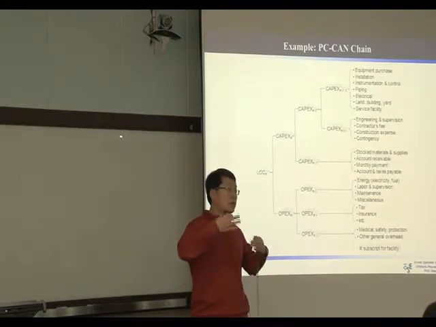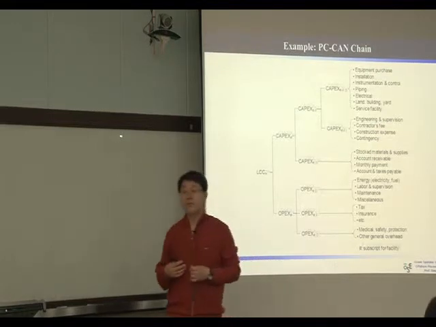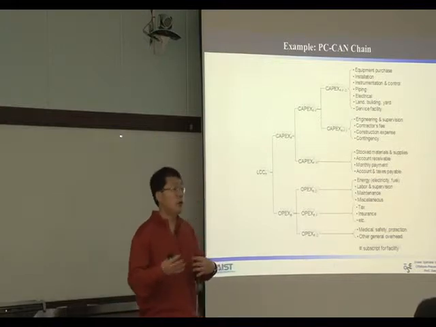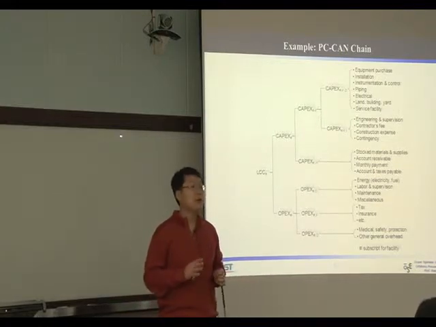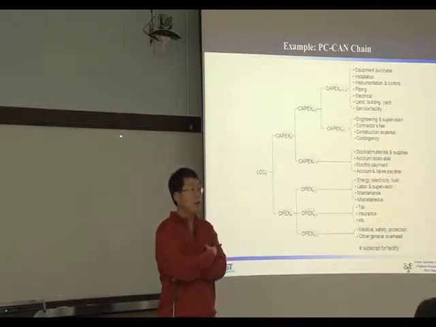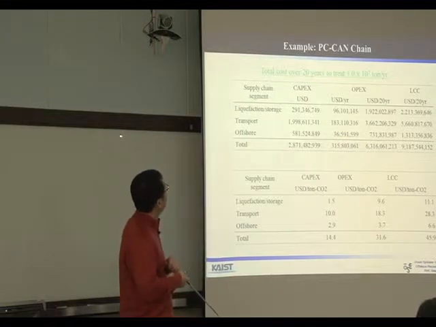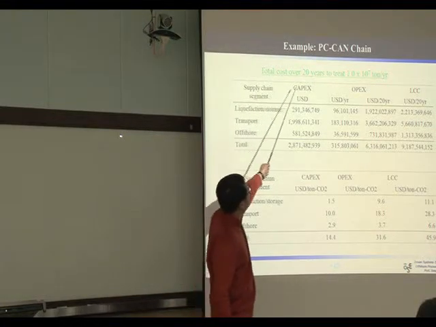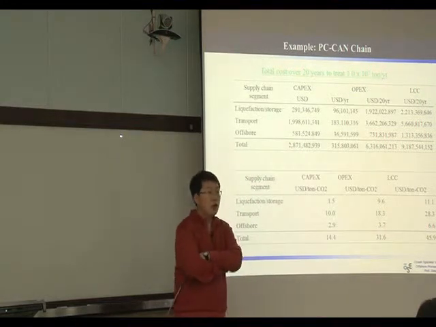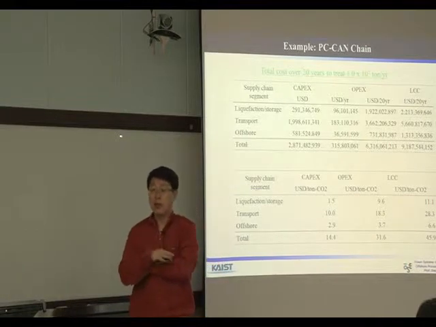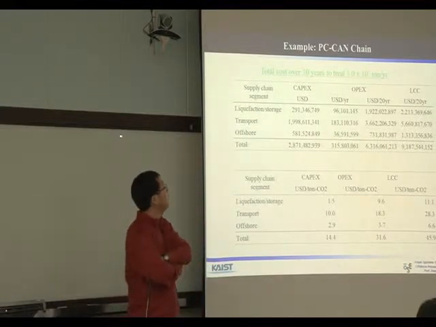Their estimate had some uncertainty. The uncertainty is usually 30%. So we can say that their estimate has uncertainty of about 30%. This is the cost they estimated. So the total cost of 20 years to treat 10 billion tons per year. This kind of CCS supply chain can apply to a big power plant.